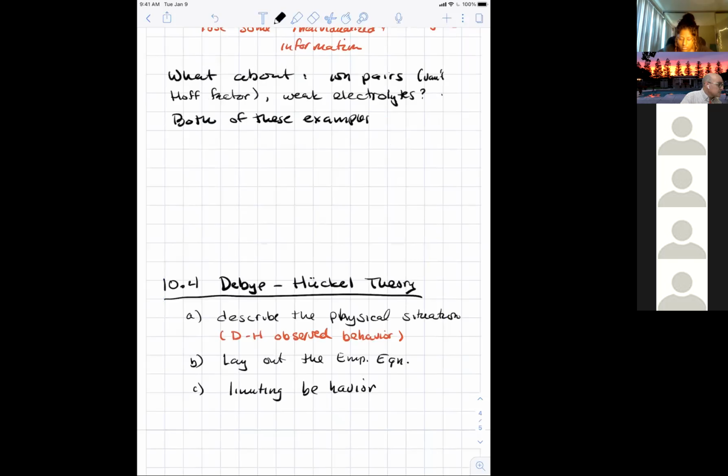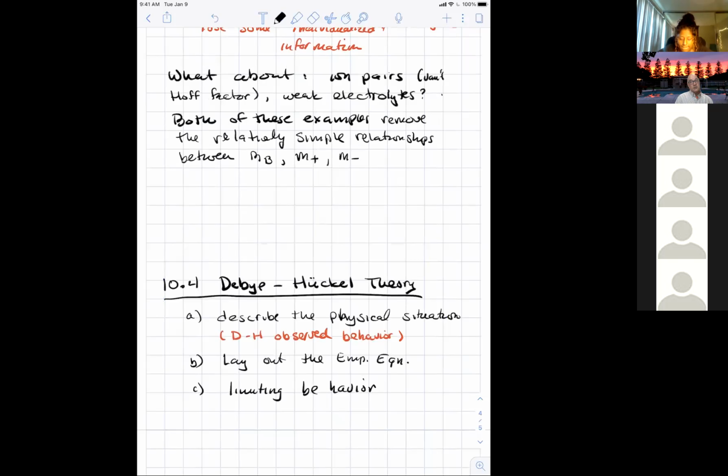Both of these examples remove the relatively simple relationships between, let's say, the molality of the solute, the molality of the positive ion, and the molality of the